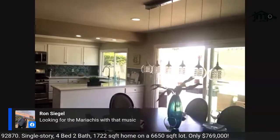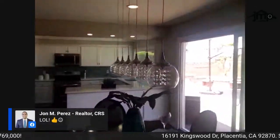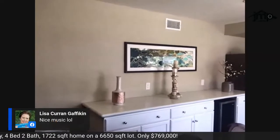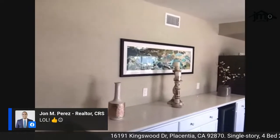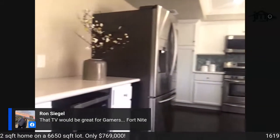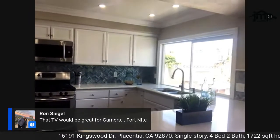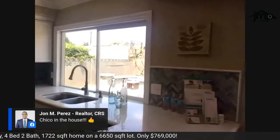You've got a trendy chandelier light fixture over the dining room table. A nice size dining room table. You've got a built-in credenza with matching premium quartz, kind of like a sparkly diamond countertop. Lots of outlets. With a wine fridge bar or a fridge. All new cabinetry, a glass tile backsplash